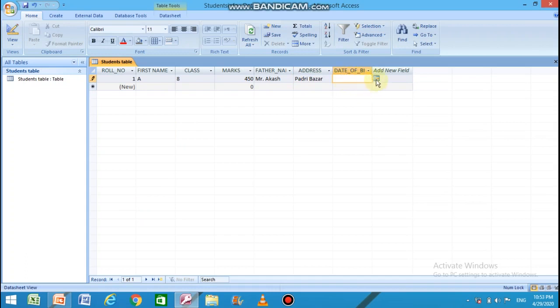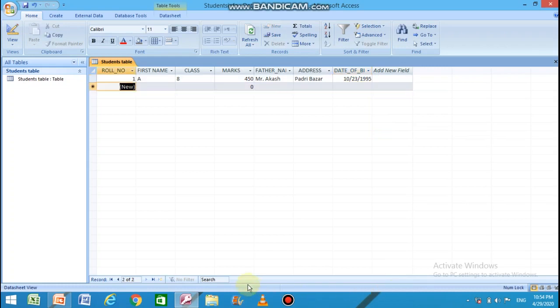Either you type it manually or click onto this calendar to select the date value. From here you can switch between the months. Better you type the values here in the format of MMDDYY. MM stands for month, DD for day, and YY for year. So month should not be greater than 12, so 10, and a date value should not be greater than 30, so 23, and suppose 1995.